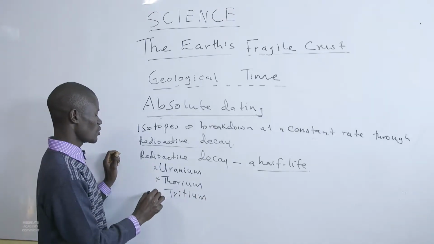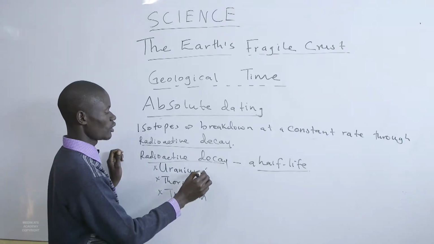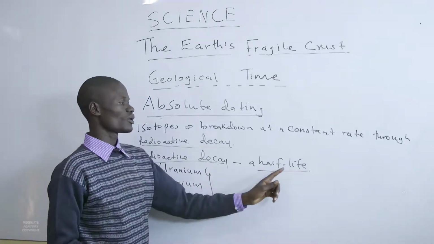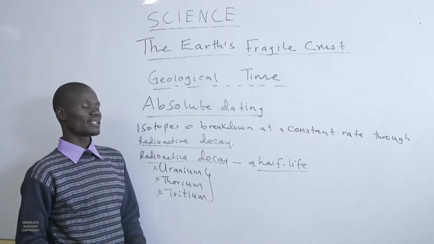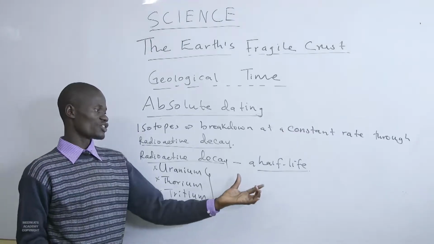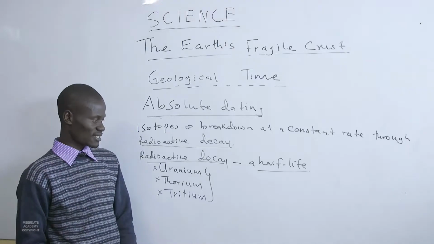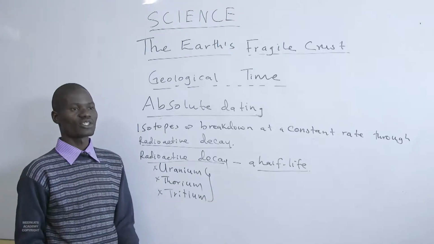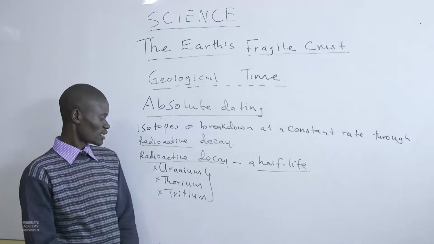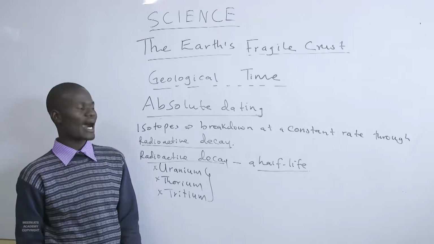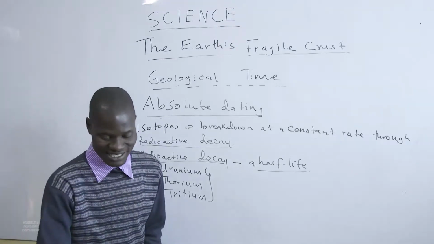These are examples of radioactive substances. All of them undergo what we call radioactive decay. Therefore, their mass keeps reducing, leading to the formation of a new substance. Uranium, thorium, and tritium are some of the elements that can be found in the Earth's crust, although